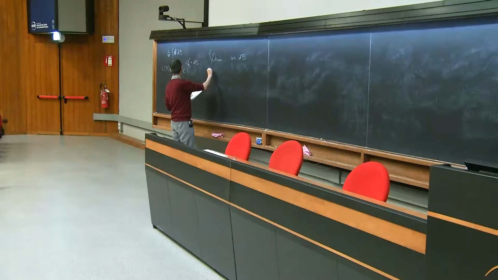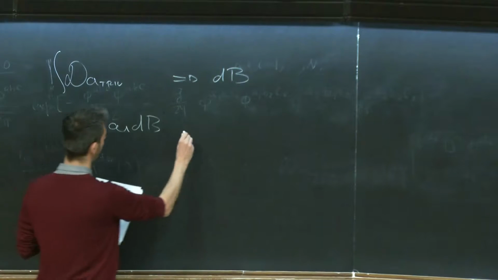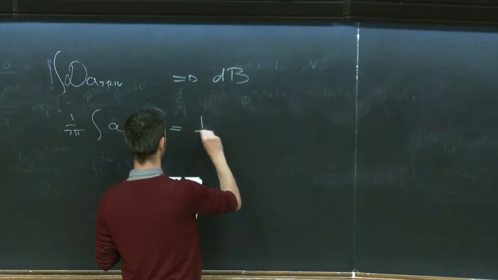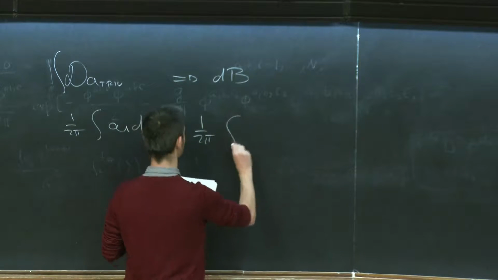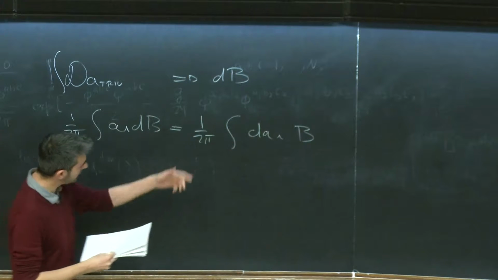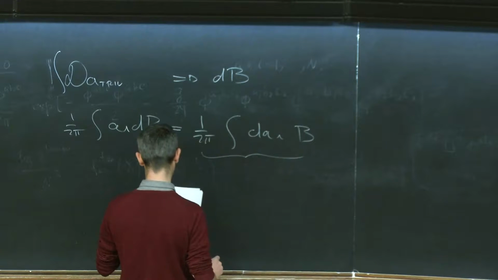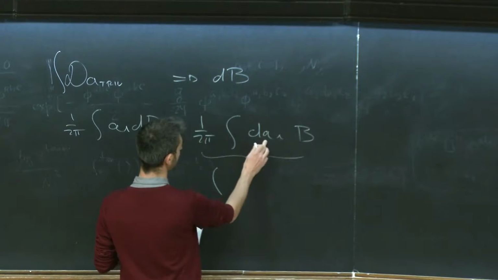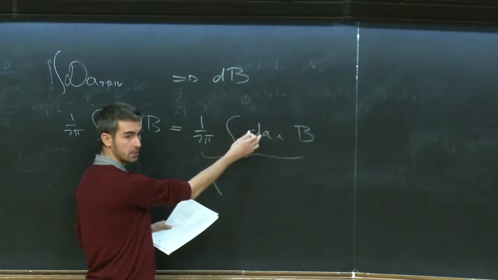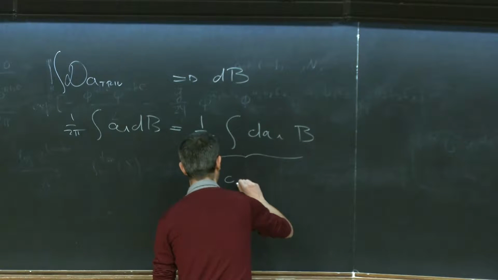One notices that this integral, here it is a wedge, can be integrated by parts. And so essentially this is a pairing between this object here, which is the field strength, so essentially the first Chern class of our bundle,